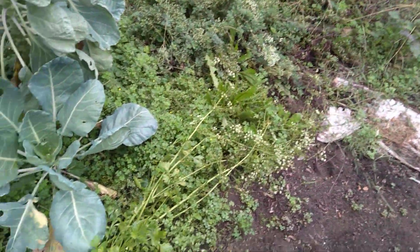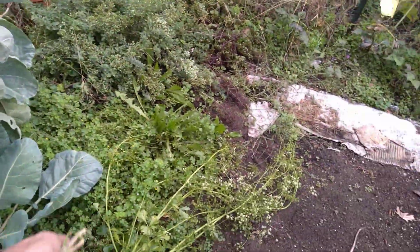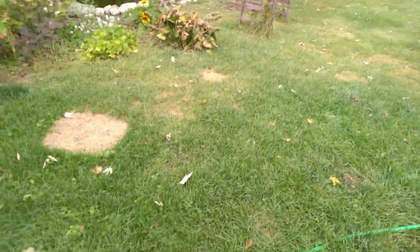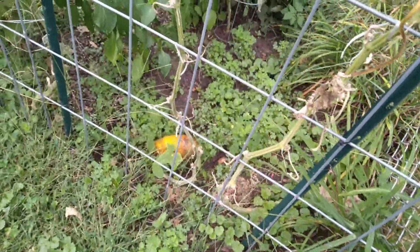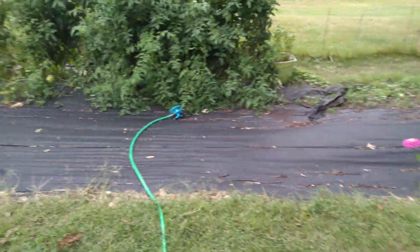Look at my celery. It bolted. I got like no celery out of it, so when I weed over here, I'm going to pull all that up too. My Kentucky Wonder pole beans, they're pretty prolific, but not as much as the dragon tongue. My cucumbers are dead, but I saved one to collect seeds from. My strawberries are dying. I've been watering them, but they're still just...